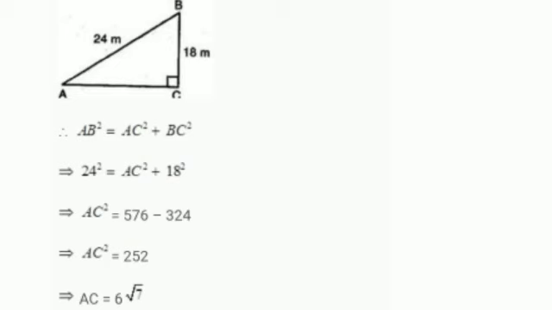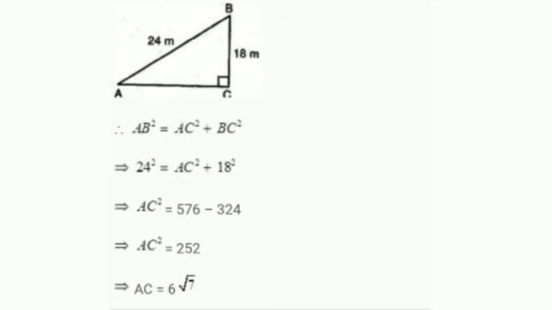Next, question number 10 is: a guy wire attached to a vertical pole of height 18 meter is 24 meter long, and has a stake attached to the other end. How far from the base of the pole should the stake be driven so that the wire will be taut, that is straight? So let us consider AB, that is 24 meter, be a guy wire attached to the vertical pole, and BC be the height 18 meter, and keep the wire taut. Let it be fixed to a stake at A. Then ABC will be right angled at C.